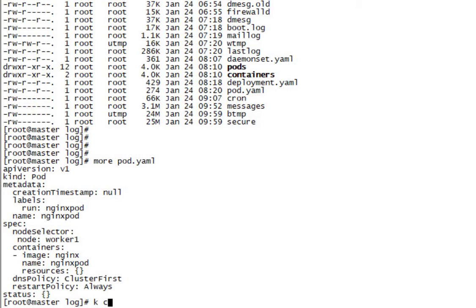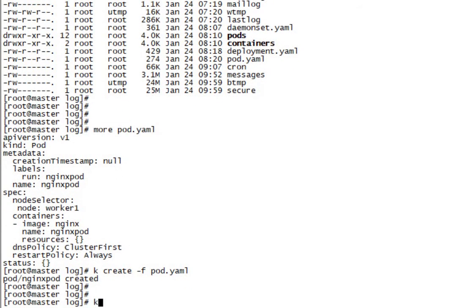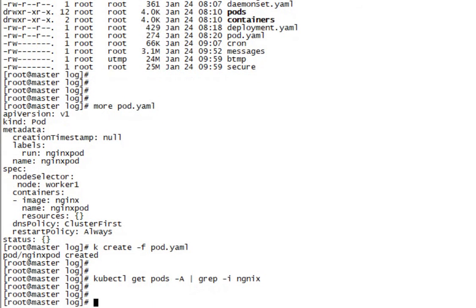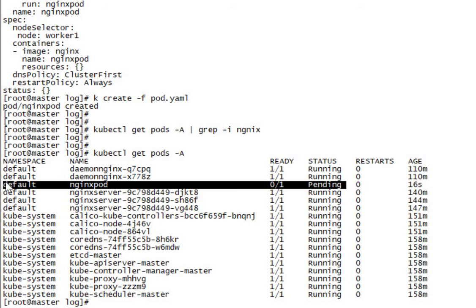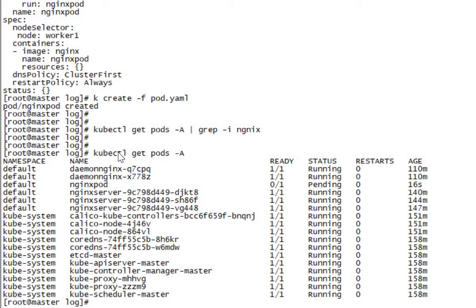So if I try to create the pod on worker one, okay, this pod we deployed and it's saying pending because we use the node selector. We want this pod to be scheduled on the worker one, but worker one is cordoned. We could not schedule the pod, right?